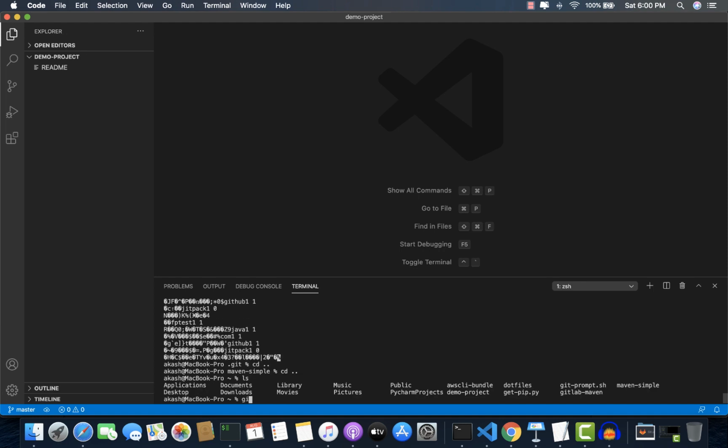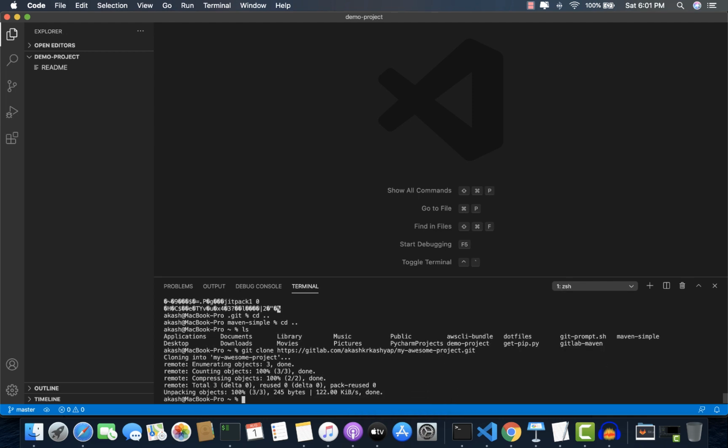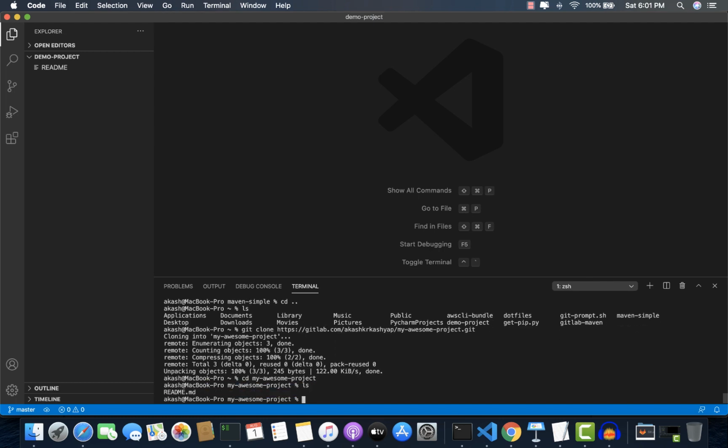So just do git clone and the name of the repository. You'll be able to clone your repository, and then you do My Awesome Project. You'll be able to see this.